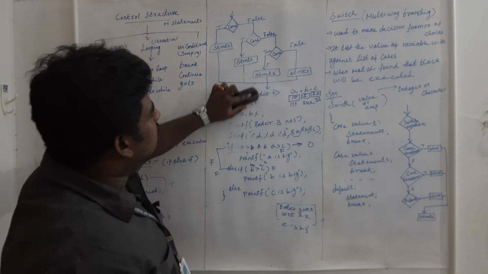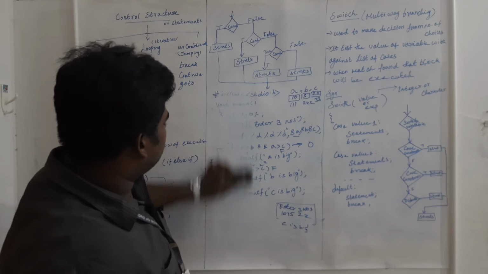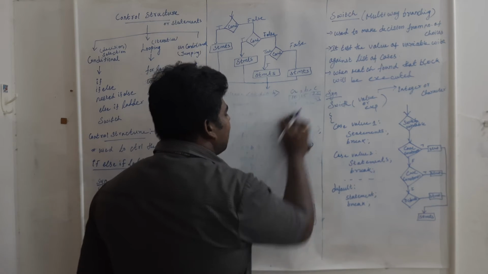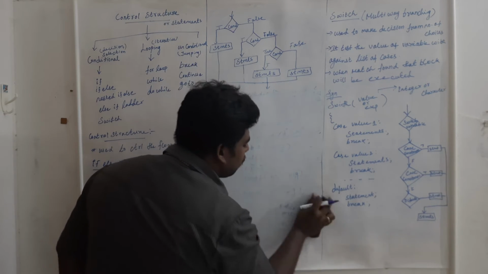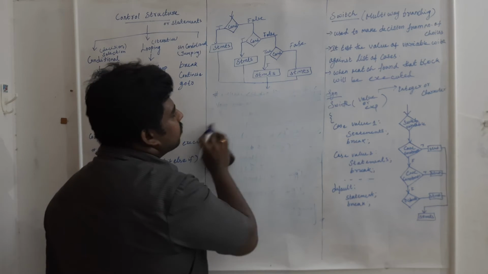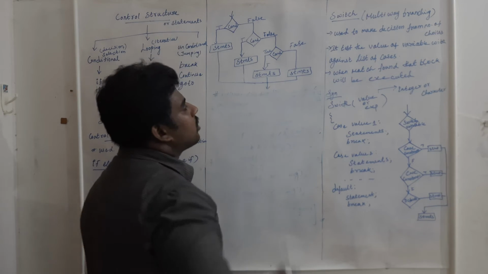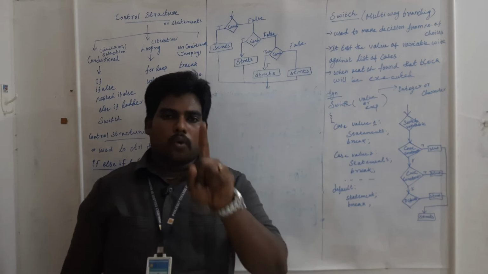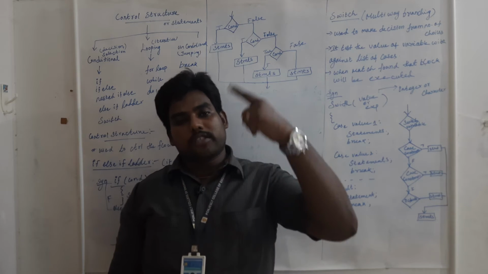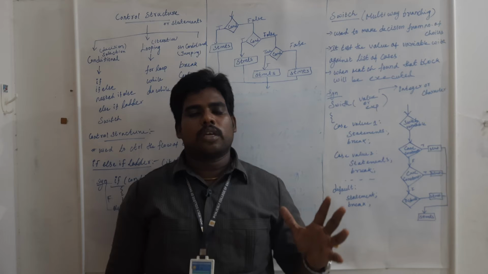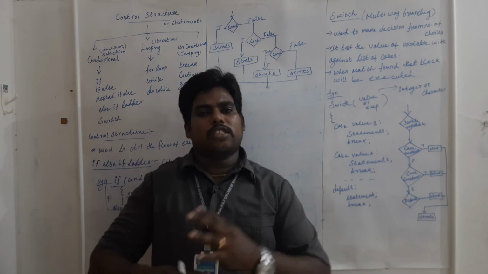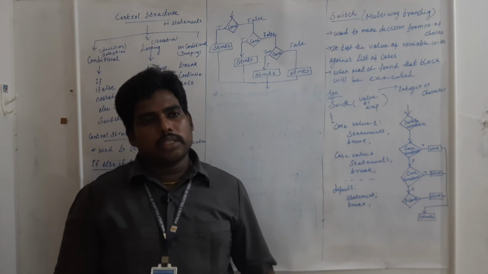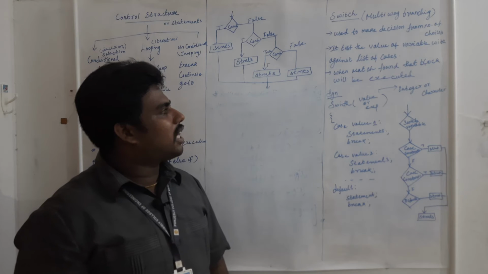Now the second important thing is the switch statement. What's the use of switch? Here if is there, if else is there, nested if is there, then if else ladder is there, then what's the need of the switch statement? So the switch statement is used to make a decision from multiple choices. Only one condition but multiple choices are there, then we can use switch case. If there are many choices and you want to select only one, you have to use the switch case. It is called a multi-way branching statement.